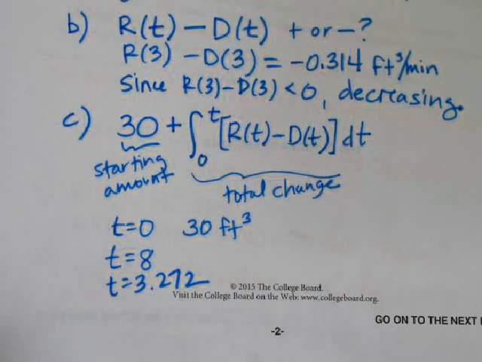0 to 0 is just 30, right? Because it started off at 30 cubic feet in the pipe. So now if I check 0 to 8,